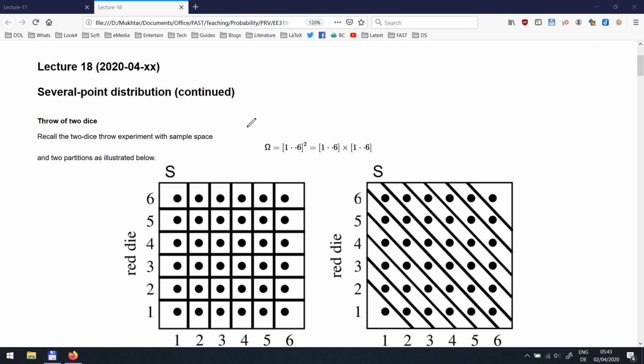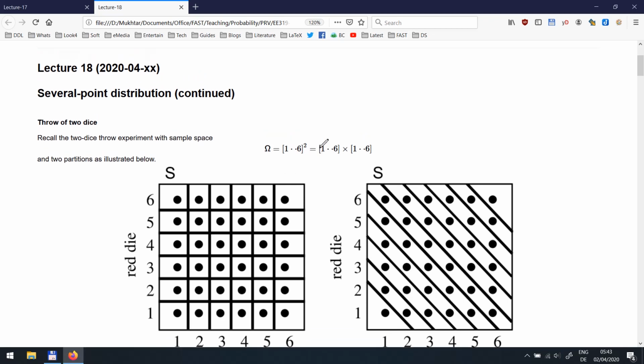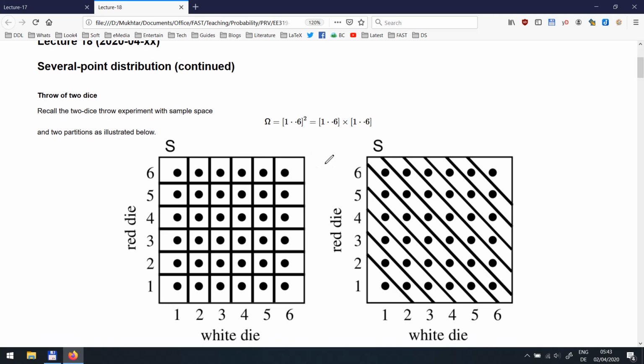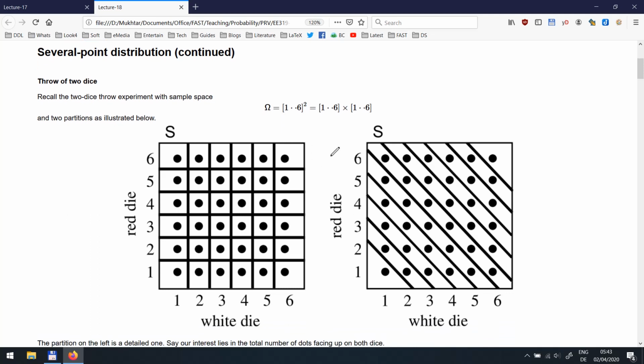Let us continue with our discussion of random variables. And today I will remind you of this example which I used to motivate discussion of random variables. If you remember, on the left you have one partitioning of the sample space. Which sample space? Where you have two dice, you throw them, and you want to see